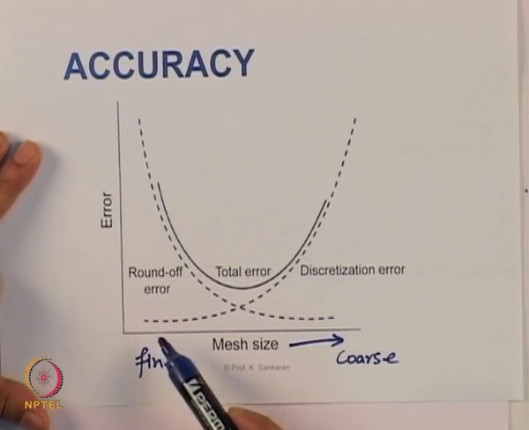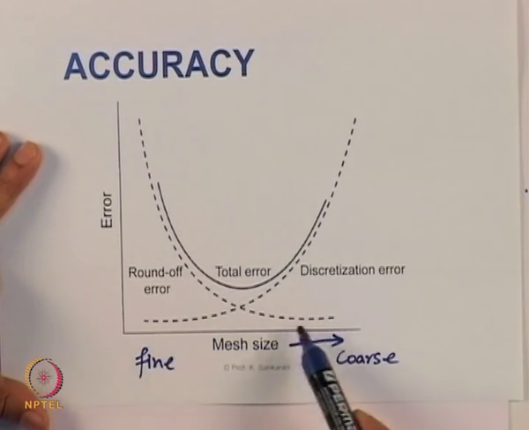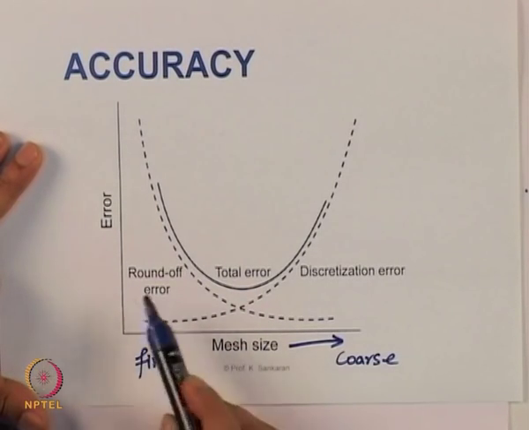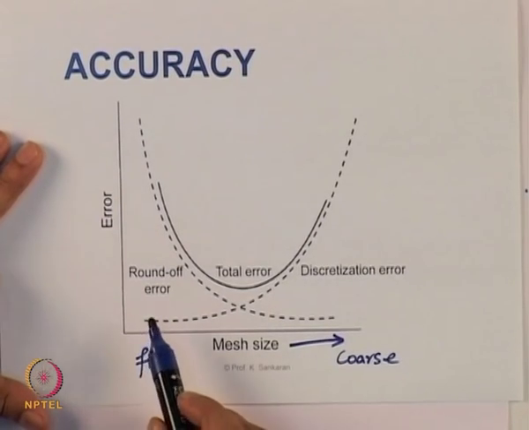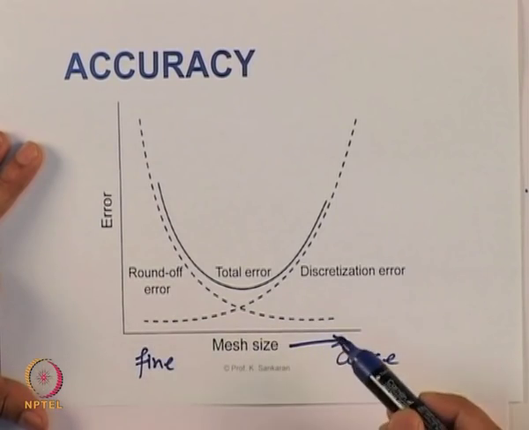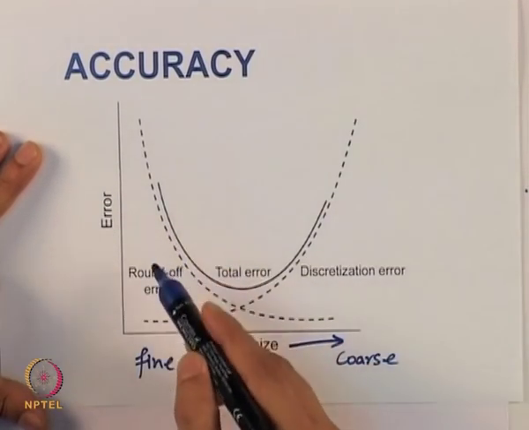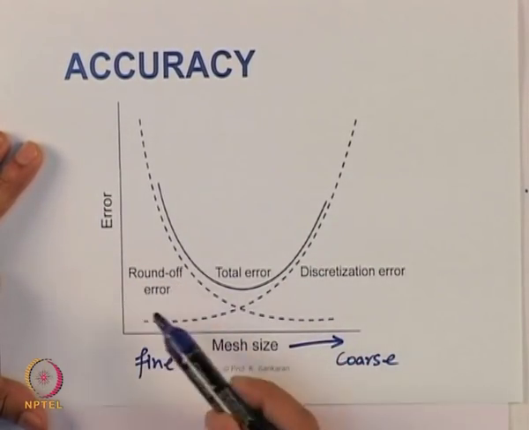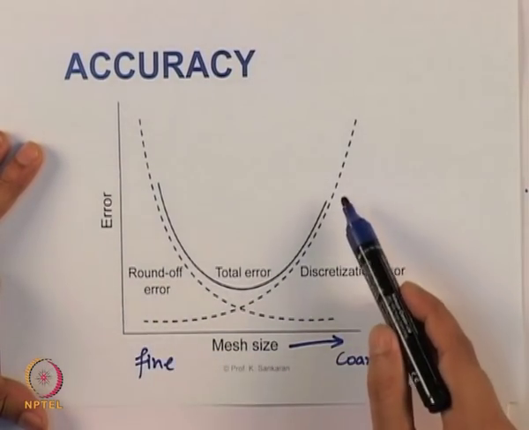And what happens is, when the discretization error is reducing, the round off error is increasing. It is counterintuitive. The reason why the round off error is increasing is because we have more cells and we have to do more arithmetic. So as the mesh becomes finer and finer, the round off error is increasing because the number of arithmetic operations is going to increase,